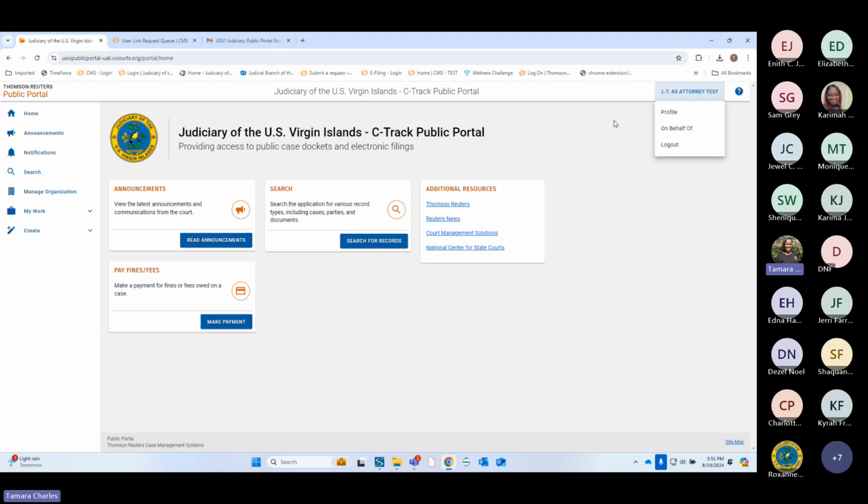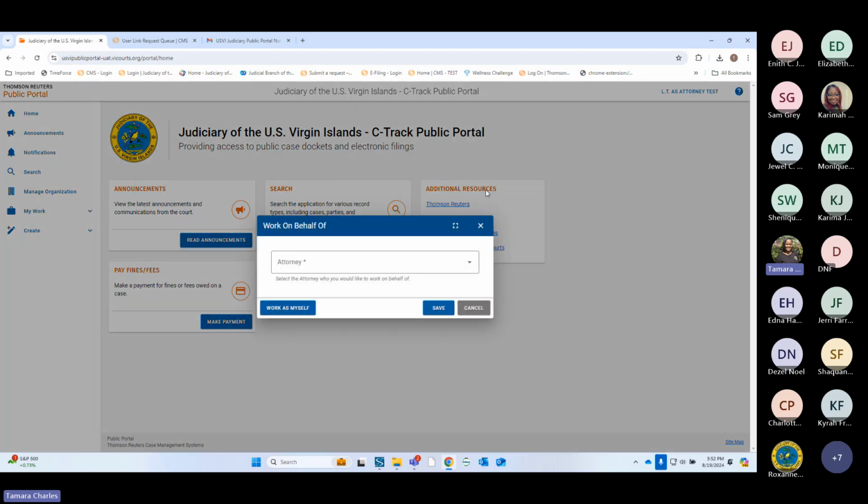So this is another profile, but let's pretend that this is support staff that I've already added on behalf of that attorney. Now that I'm logged back in as this support staff, as you can see, I now have an option that says on behalf of. So I am now in the role of tester on behalf of this attorney, going to file whatever filings this attorney needs. If it is multiple attorneys and I could file on behalf of multiple attorneys, I will see a list here.